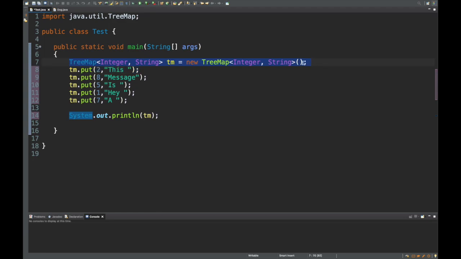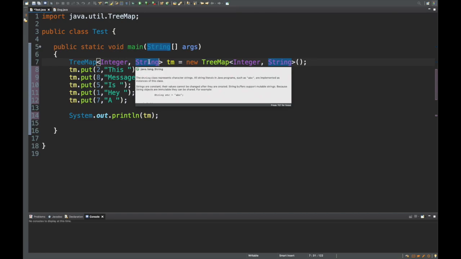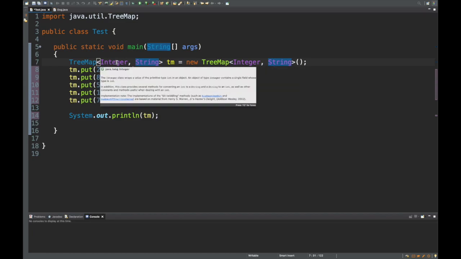And here you could see there is a key. In this case, I've chosen to go with an integer, and here is the value, and here I've chosen to go with a string. Of course, you could choose to go with a string for the key value, or a float, or a double. You could put any data type that you want. You could even put